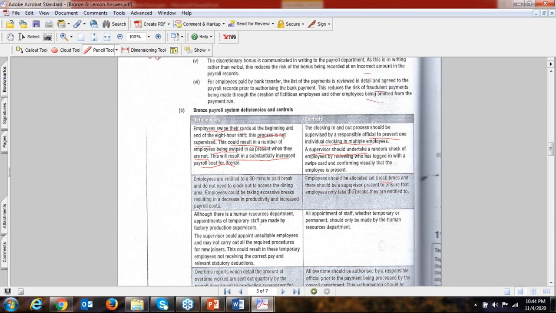This is the recommendation. There is another recommendation which you can give, that is management or the auditor should advise the policy that every employee should be logged out when they are going for the break, and should be logged in when they are returning from the break. In both scenarios, the employee should log in and log out. This is another recommendation which you can give in the answer.